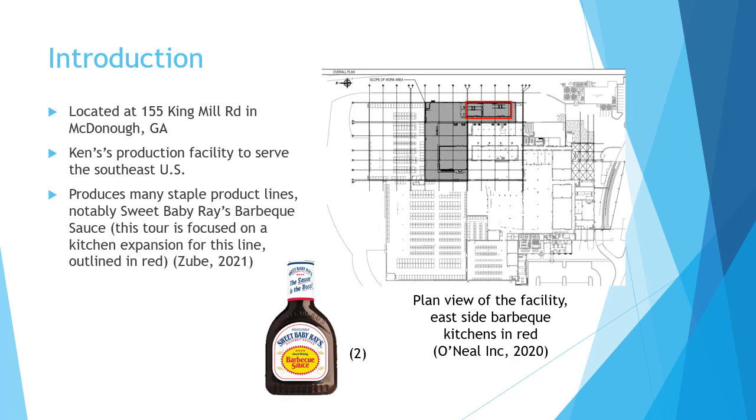Located at 155 King Mill Road in McDonough, Georgia, this location for Ken's Foods serves the Southeast United States with staple Ken's sauce lines such as Newman's Own, Ken's Ranch Dressing, Honey Mustard, and Blue Cheese, as well as Sweet Baby Ray's barbecue sauce. The kitchens covered in this tour, outlined in red, are specifically used for cooking Sweet Baby